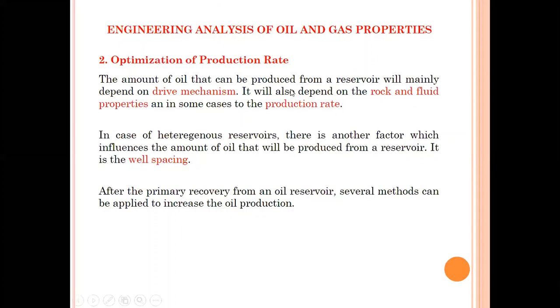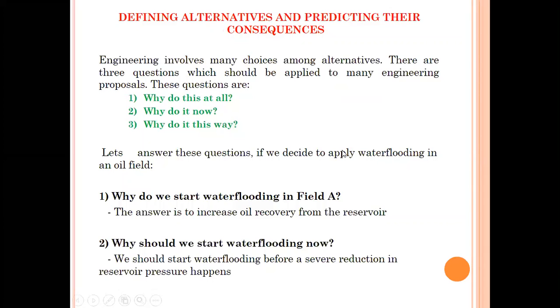such things in order to optimize the production rate. And while we define the alternatives and predict their consequences, we actually have to ask different questions to ourselves, right? Because engineering involves many choices among different alternatives. And while we are defining such alternatives, we have to clarify them at first, and we have to ask certain